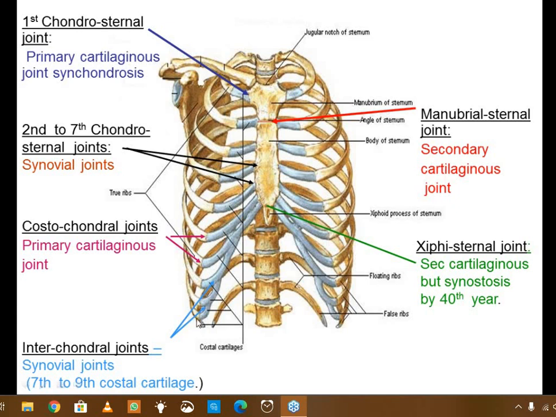So this is not a plain synovial joint, the 10th with the 9th. It's a fibrous joint, attached via a ligament. A ligament is present, it's a fibrous joint. So between the 10th and the 9th costal cartilage, that is, the lowermost margin of the costal margin, no movement is possible, it's fixed. So it's a fibrous joint.